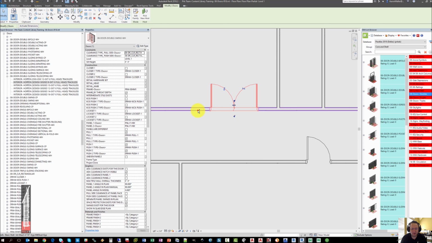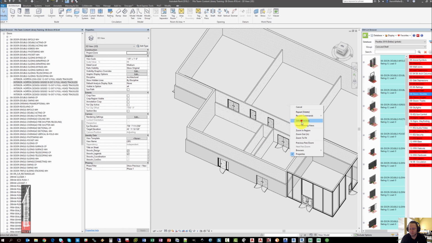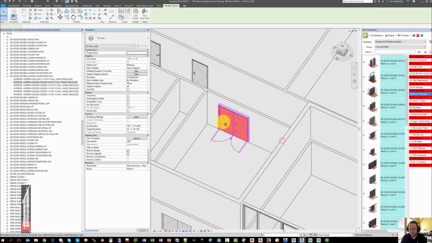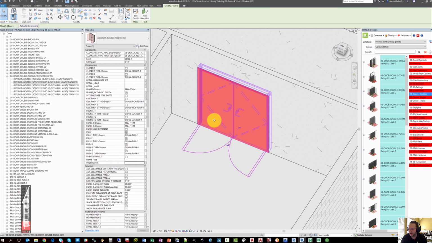Similarly, if we look at this door in 3D, let's assume that we had selected the frames already that we would like. We can do that using the frame door selector. And so maybe in this case, I picked F21 to put a side light on each side. I will stick with the Hollow Metal 1 profile for this demonstration. And I will also pick panel FG